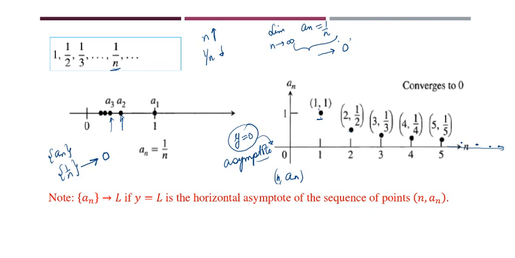I just want you to observe it in each example, that whenever you have a case of convergence, when your sequence an is converging to this number L, the line y is equal to L will behave as a horizontal asymptote to the sequence of points. Okay,